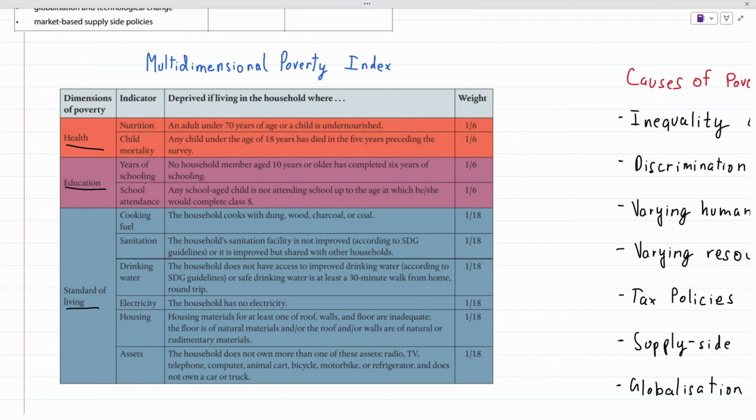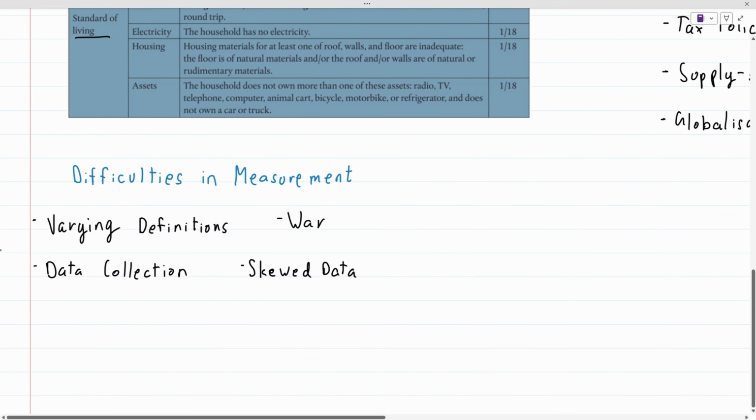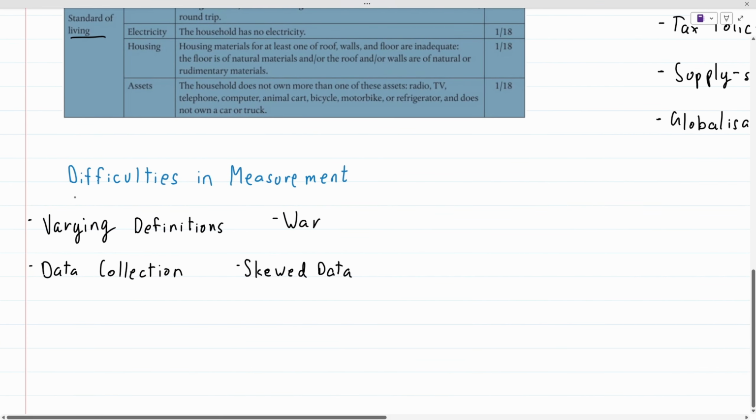For education, it's quite intuitive. You know, how else would you measure education rather than years of schooling or how frequently students go to school? So you don't really need to know these ultra specifics, but it's always better for paper 1 and paper 2 15 markers. As for a few difficulties in measurement, again, the syllabus guide hasn't provided specific subpoints for